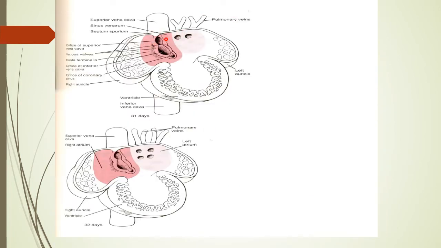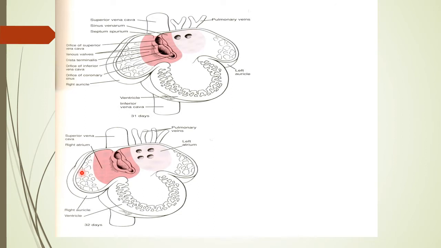In this diagram, further absorption of the right horn of sinus venosus has occurred. More of the right atrium consists of the absorbed right horn of the sinus venosus. Also, the sinus venarum is forming the posterior part of the right atrium, and this part is the anterior part, and between them is present the crista terminalis, which is a faint ridge separating the sinus venarum from the rough